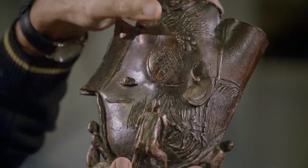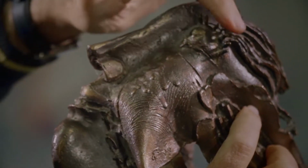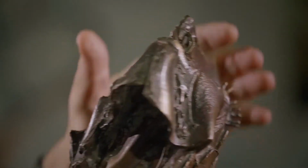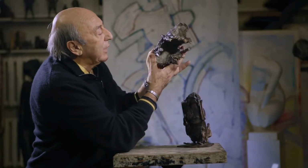Every drop, every movement, every nail scratch lives in this piece. It is an absolutely handmade sculpture. You see the lashes? Every detail. Bronze gets it all. And if you can think in this material, if you understand the casting process, or if you are very lucky and you can cast it yourself,